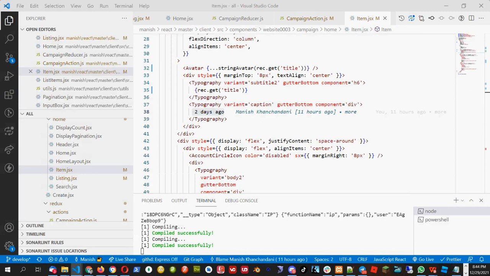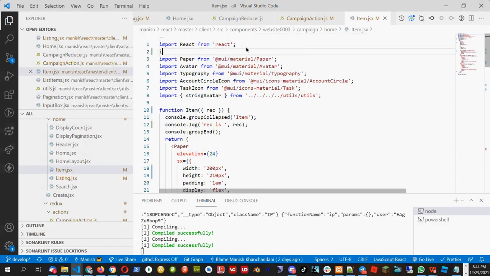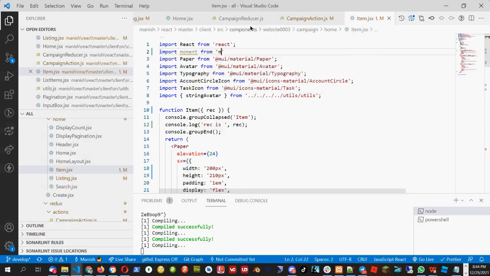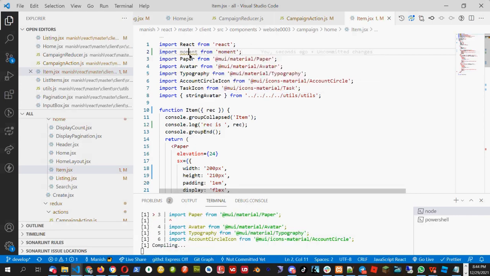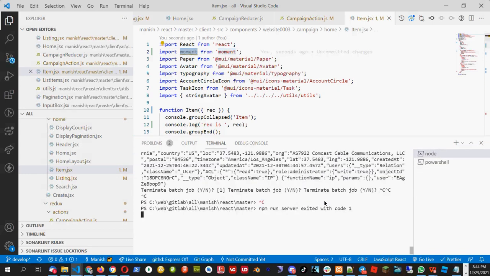For that you need one package. Let me see what the package is. The package is called moment. So I need to import moment. Moment is a date time package, and we need it to make this work. I will see whether moment is installed or not. If it is not installed, I will install it.